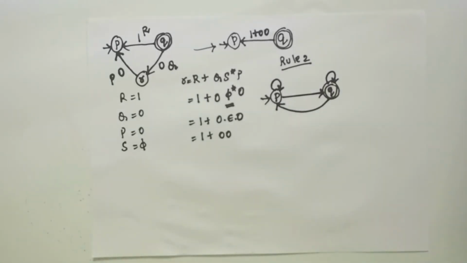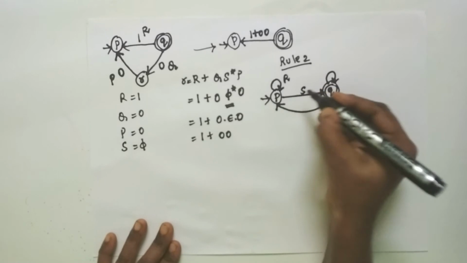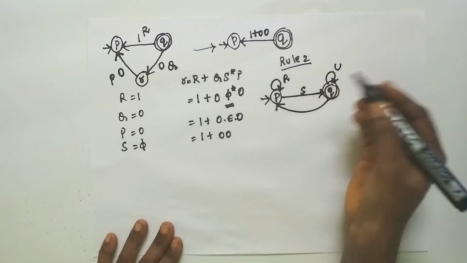So now I need to find the regular expression for an initial state and final state. At this moment you cannot eliminate any state, because the main rule is the initial state and final state should not be removed. In such a case, you have to start finding the final regular expression for this automata. With one as an initial and one as a final state, you need not eliminate any other states. So the regular expression for rule number 2 is found by directly substituting into the formula. This is U and this is T.